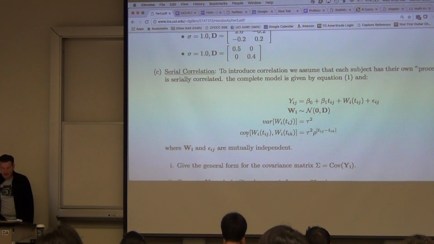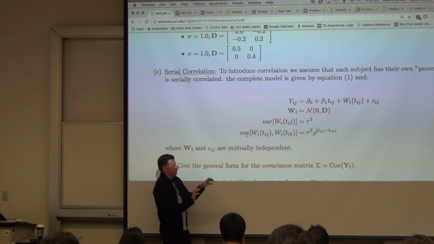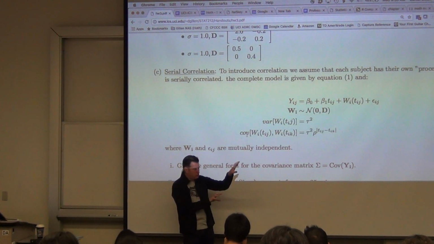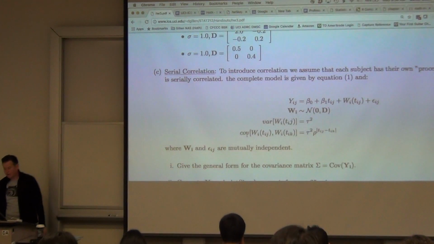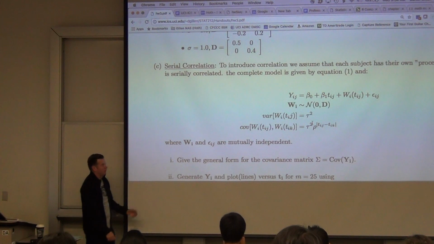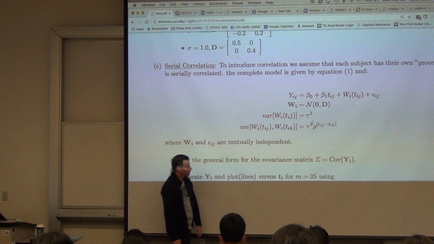And then finally, the last one is, remember I said that we tend to parameterize the covariance structure in two kind of broad categories. One is the random effects model, that was A and B. The other is through serial correlation processes, which I talked about last time. So this is an exponential serial correlation process that we talked about. It's the continuous AR process from our last lecture.